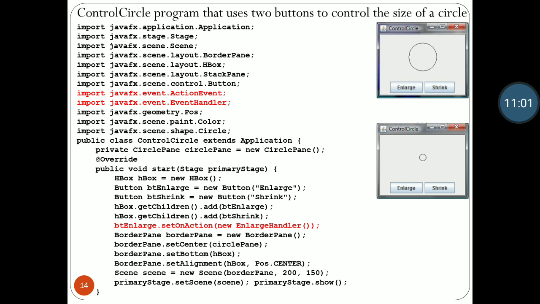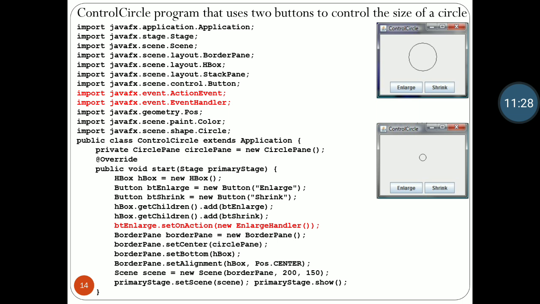Let's take an example. Here we have two scenes. In the first scene we have two buttons, enlarge and shrink, and a circle. We are making an application which enlarges and shrinks a circle. If we click on the enlarge button, the circle will enlarge, and if we click on the shrink button, the circle will shrink.